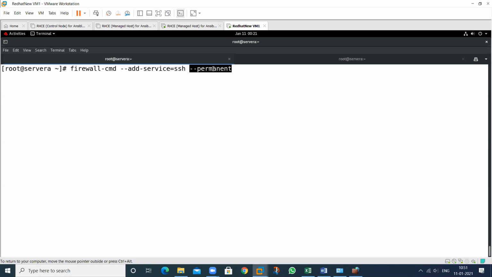If I am not using this, then what will happen? This is my command, this is the first argument, this is the second argument. Then what is the use of this one?